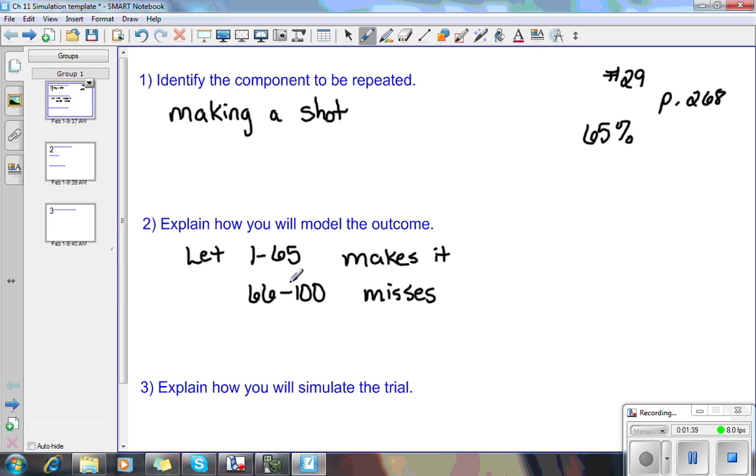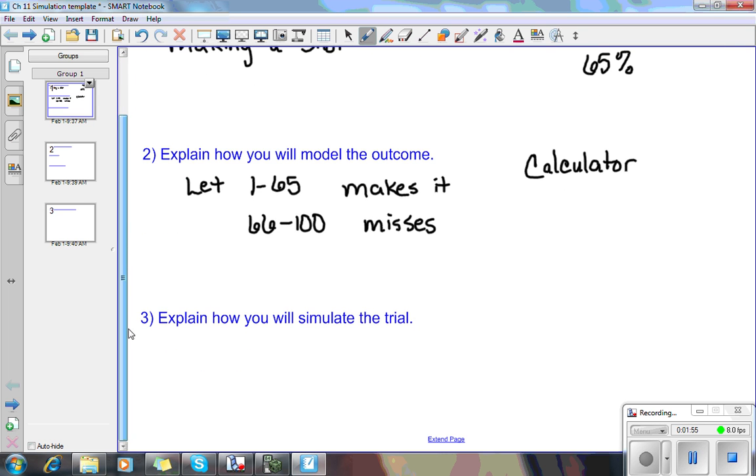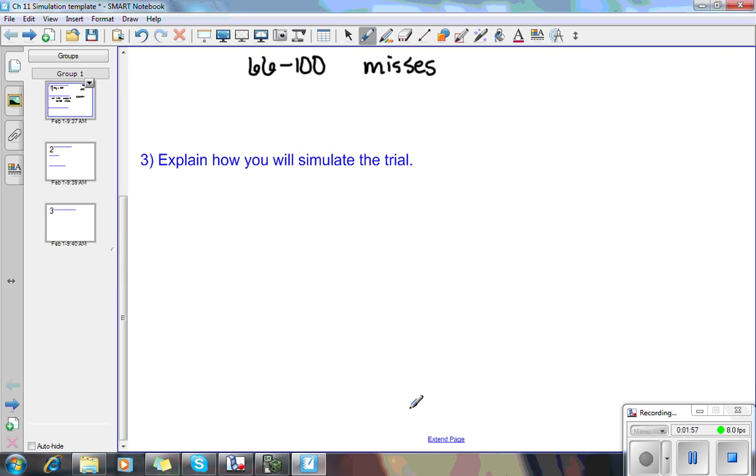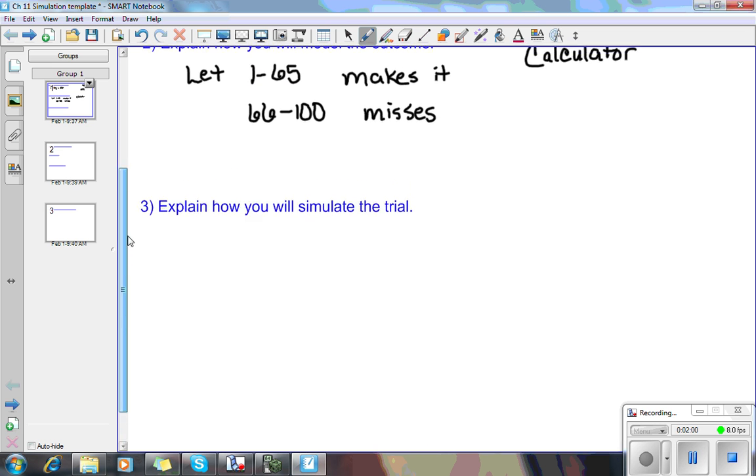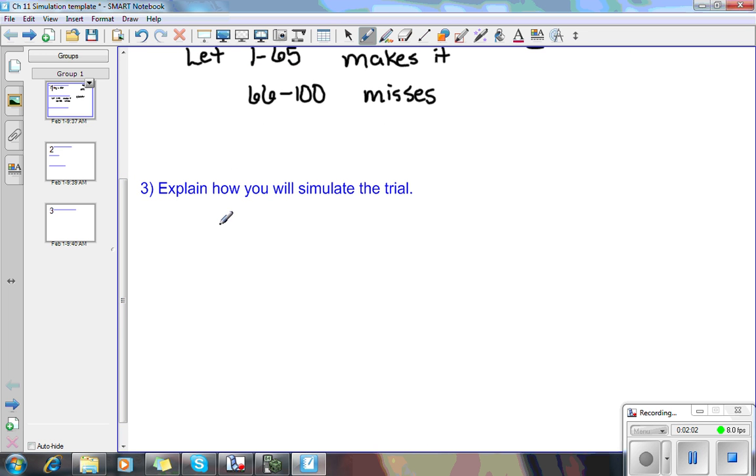So if I had been doing this with a table instead, I would want to use 00 to 64 because I'd want to use up all the digits in the table, and 65 to 99. But with a calculator, it's not going to be as big of a deal because I can tell the calculator what numbers to choose from. So how am I going to simulate the trial? Well, this time we're going to simulate 20 baskets. So I'm going to have to use the calculator